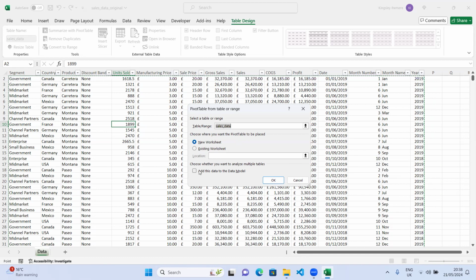For this other option, if you're creating a data model in Power Pivot, you can click on this, but that's not what we're doing. We want to create only a pivot table. So we say OK, and it will take us to